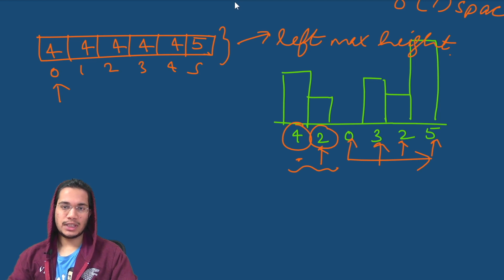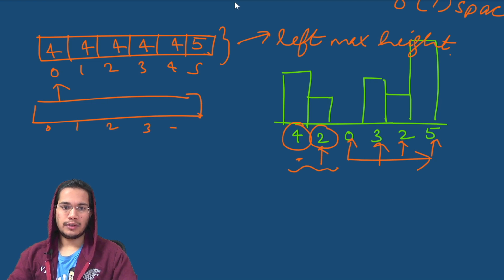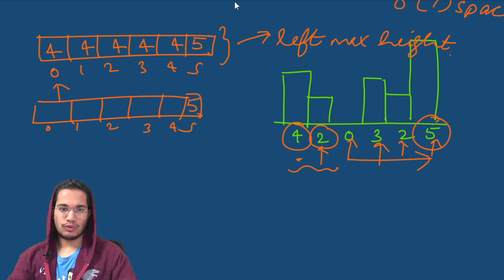And this information alone is not enough because we need the same information for buildings on the right hand side as well. So we can similarly create another array which is exactly similar to this, with indices 0, 1, 2, 3, 4, 5. And then in this one, we'll start moving from the right hand side. Currently my tallest, including the rightmost building 5, is going to be 5 itself. So I can store 5 over here.